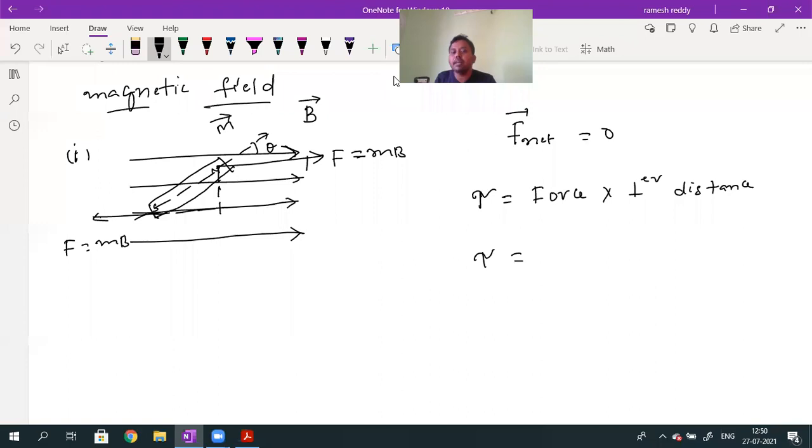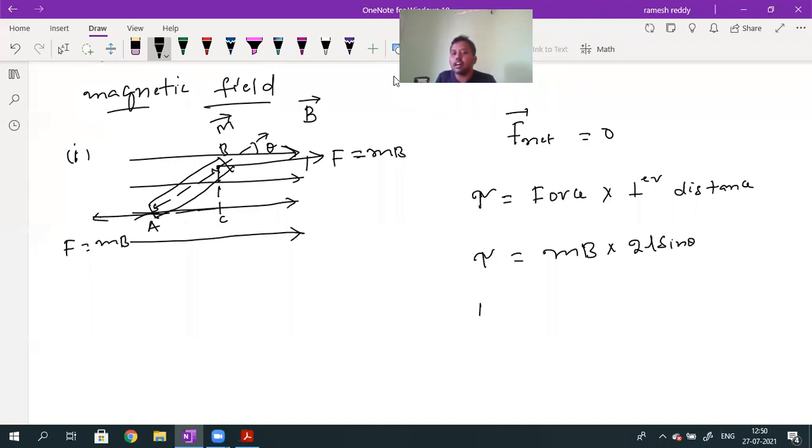The force acting on each pole will be given by m into B, into the perpendicular distance, which will become 2l into sine theta. We can find out this perpendicular distance value. This is the perpendicular distance. If I call this point A, this B, and this C, the perpendicular distance is nothing but BC. The total length value will be equal to 2L. If this is theta, we can show from the geometry that this is also theta. The perpendicular distance value will become 2L into sine theta.